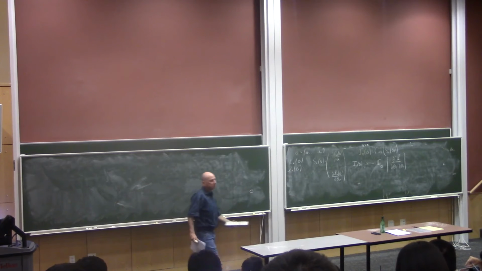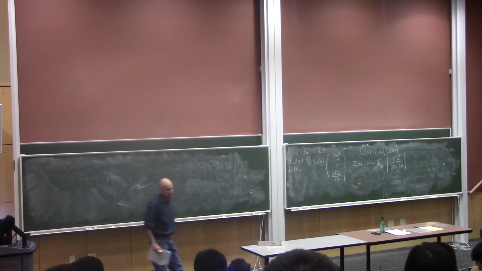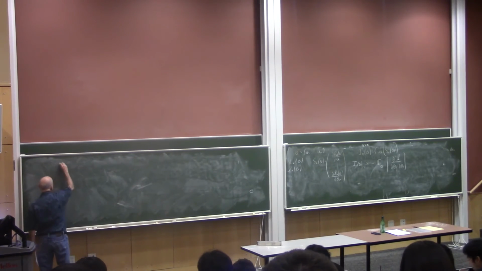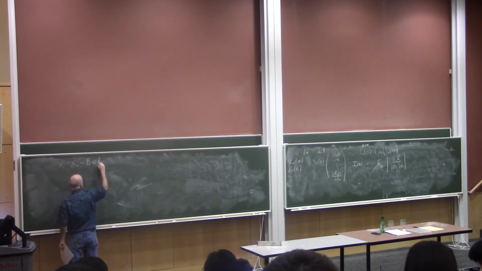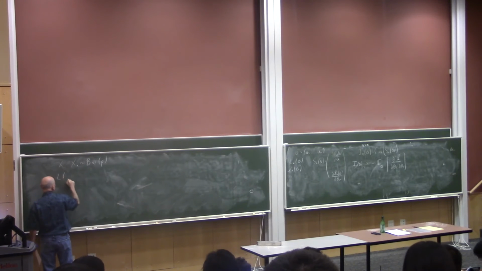Computing these things is just routine. It's just a matter of putting in derivatives and so on. So let's do the Bernoulli case. Let's say X1 to Xn are Bernoulli p. And we know that the likelihood